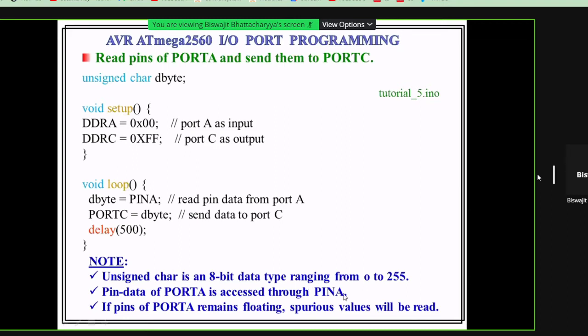For a microcontroller alone, you will read spurious values, any value. But in the Arduino board, the manufacturer internally within the board uses a pull-up resistor. Don't think that the pull-up resistor is connected inside the microcontroller. No, it is not connected inside the microcontroller. It is connected inside the Arduino board, externally. That's why you will get mostly a logic 1. So if you run the program, it will work fine. That is one program.